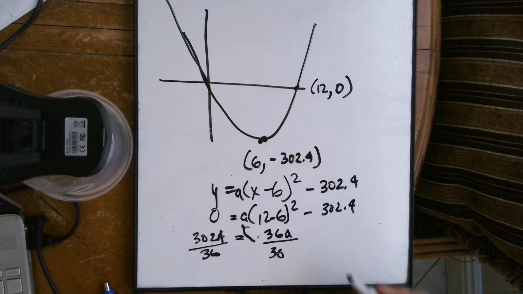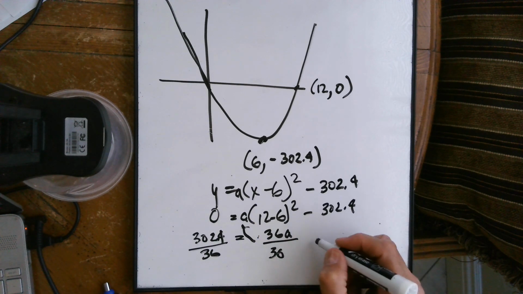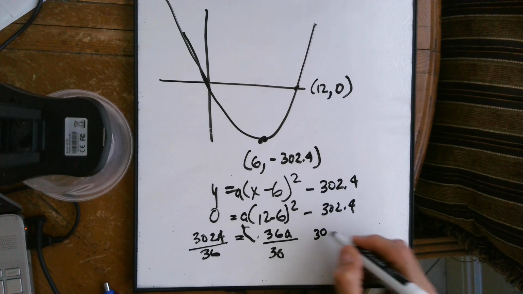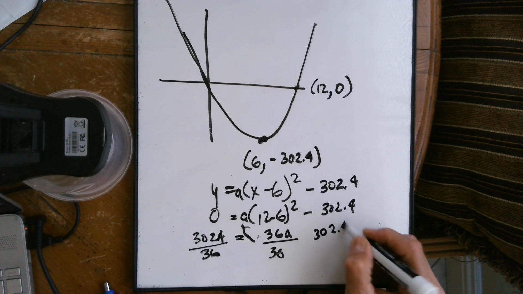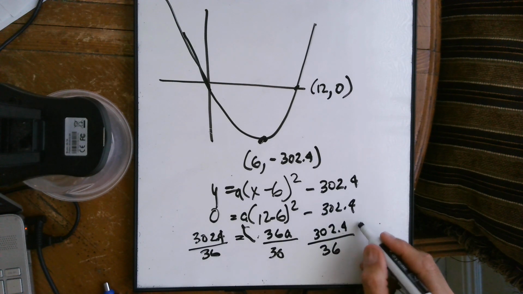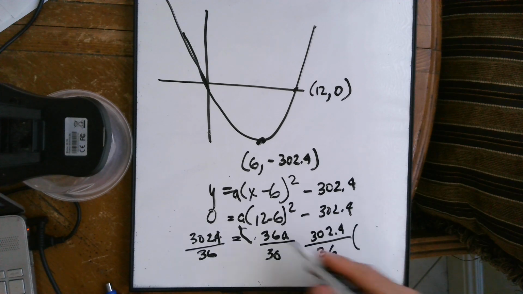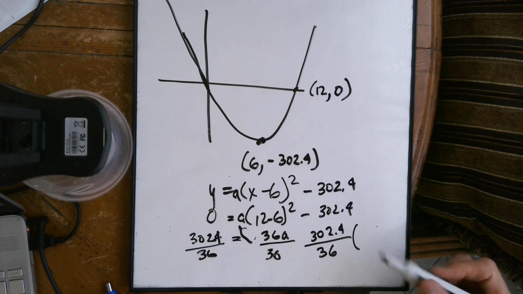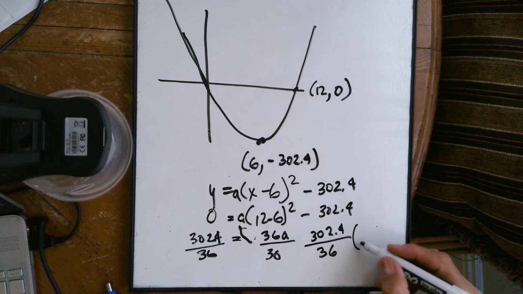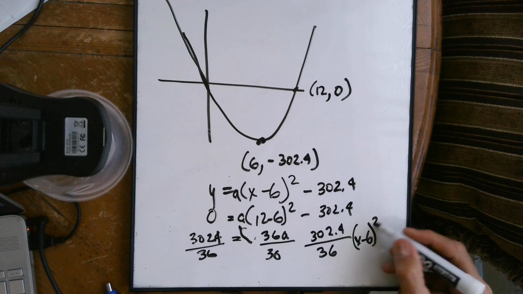So then the equation of the parabola will be this a, which we just figured out to be 302.4 over 36, and it's going to be, that's the a, it's going to be, the original equation is your vertex, x minus 6 squared